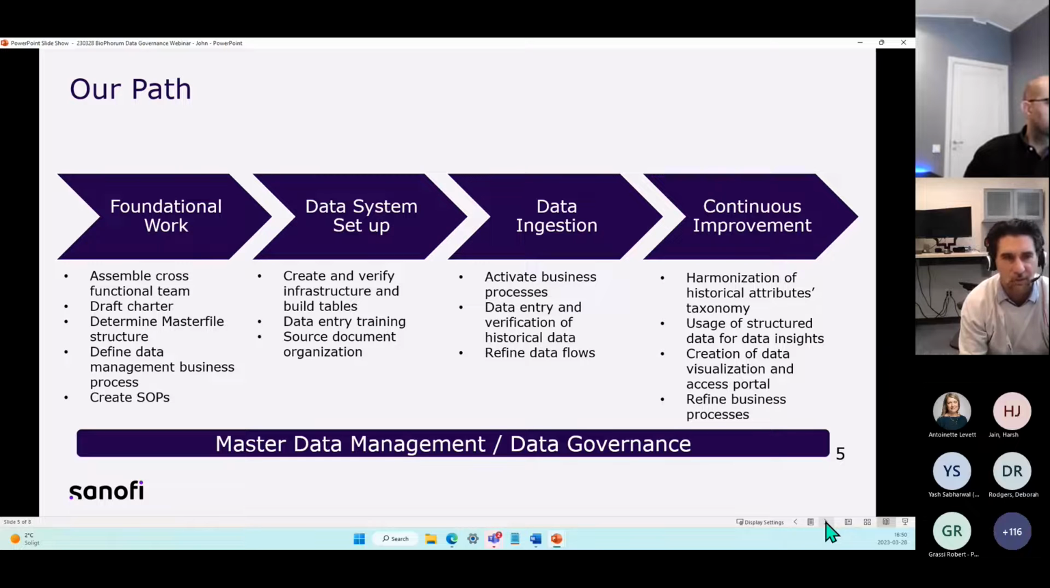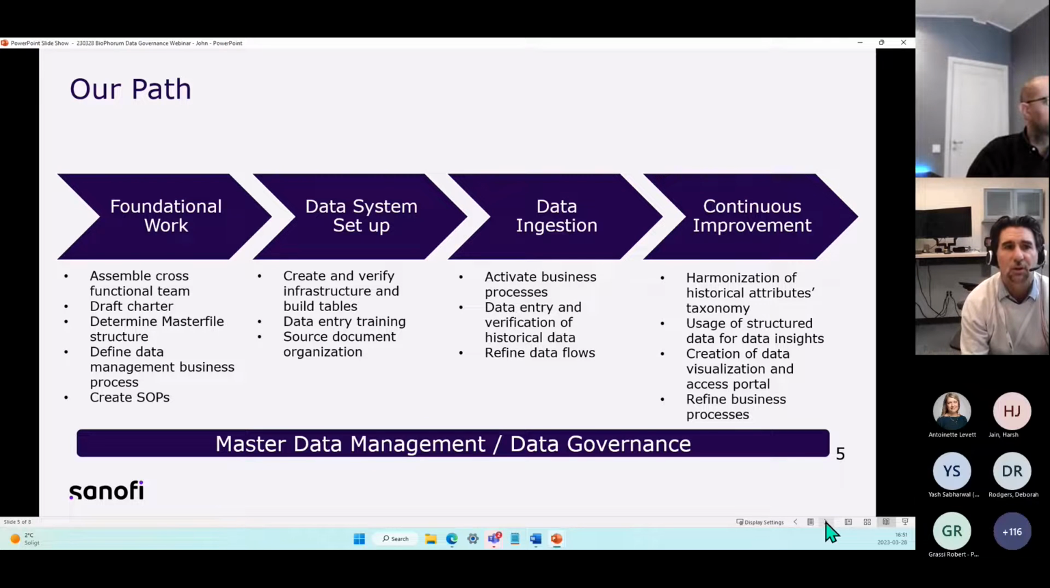You have to do them together. We drafted a charter to really understand what it is that we were trying to achieve, and determine what our structure was going to be for our data sets, and then define what some of these data management business processes were. I think that really the core thing here is understanding who's going to do what, how data is going to flow